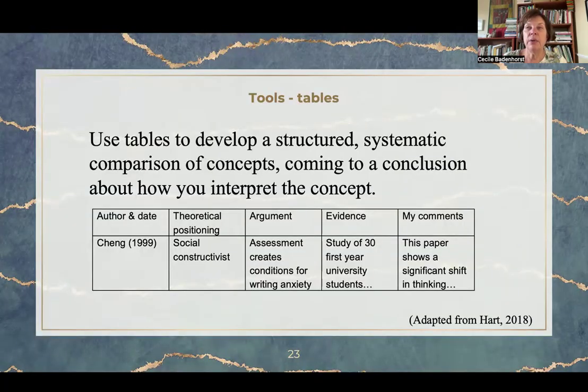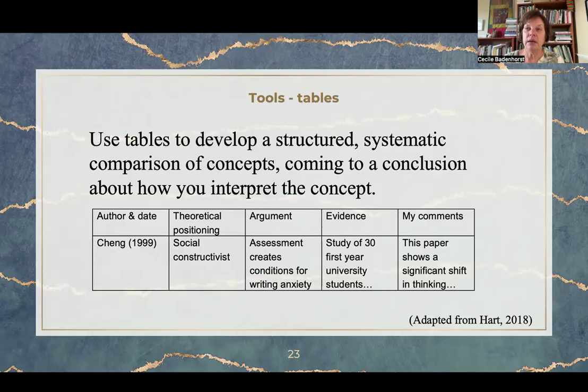Right, let's look at how we can practically begin to unpack our concepts. There are a lot of tools that you can use, and I'm sure you do use them, and you probably have more than I have here. But tables are really useful